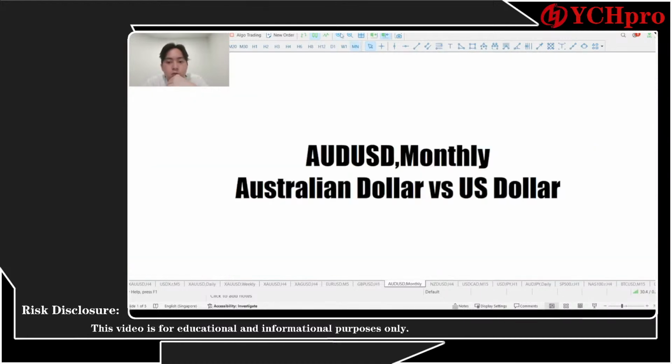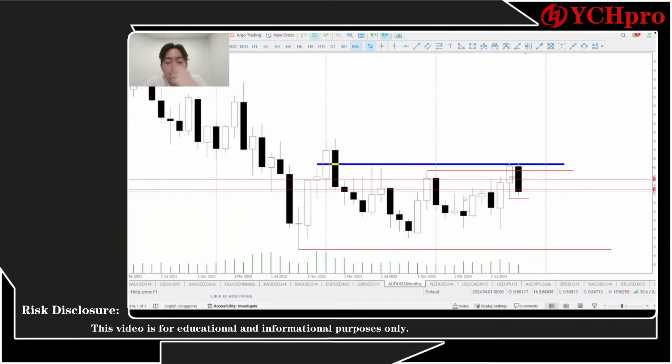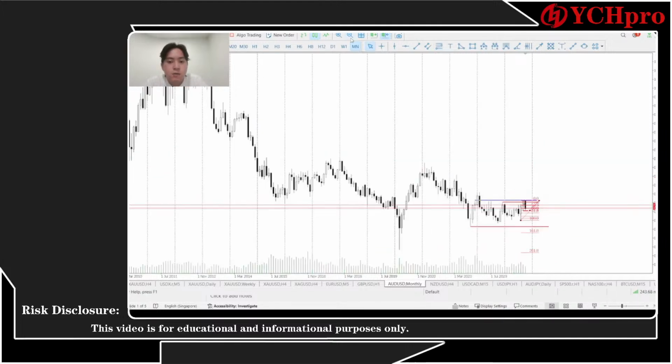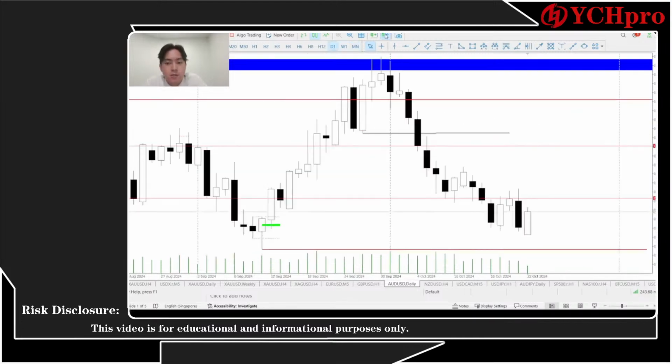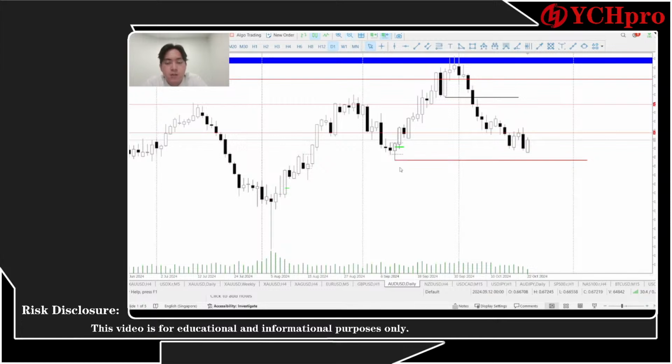So AUD/USD, what is going on? Usually I'll be using the monthly time frame, so we can see that the price has been going high, with manipulation from here and displacement on the upside. Overall, my expectation is that the market is rebalancing out from here to here. You can see that the market is preparing to go higher, to be honest. Right now the price will at least go back to the 50% on the lower sides from this area. Because of that, going back to the daily time frame, we can see that the price is eventually going to the low side and reaching through this level.